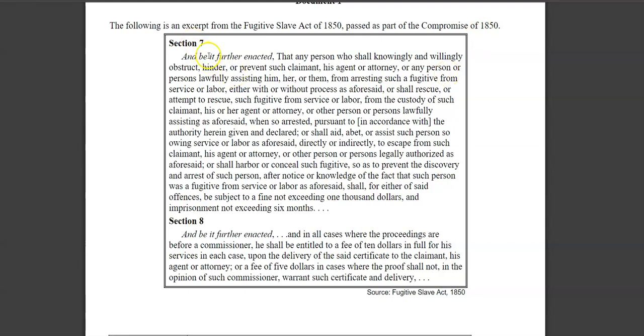Fugitive Slave Act said, among other things, the following: be it further enacted, that any person who knowingly and willingly obstruct, hinder, or prevent such claimant or his agent or attorney, or any person or persons lawfully assisting him, her, or them, from arresting such a fugitive from service or labor, either with or without process as aforesaid, or shall rescue or attempt to rescue such fugitive from service or labor, from the custody of such claimant, his or her agent or attorney, or other person or persons lawfully assisting as aforesaid, when so arrested, pursuant to the authority herein given and declared, or shall aid, abet, or assist such person owing service or labor as aforesaid, directly or indirectly,